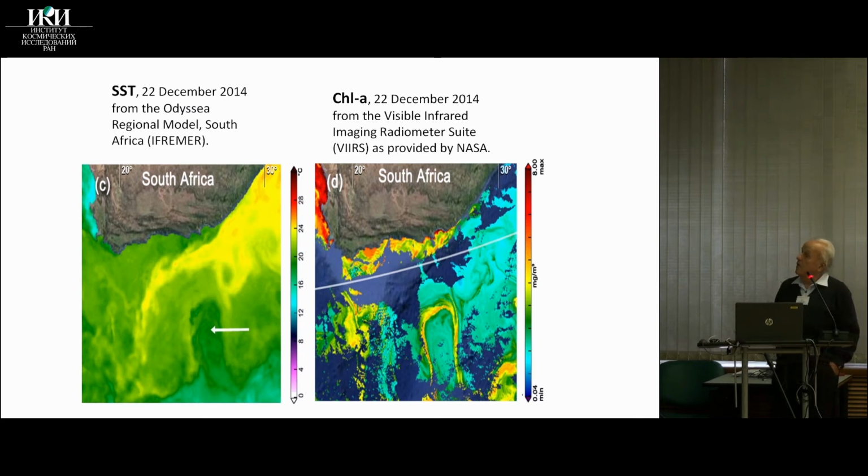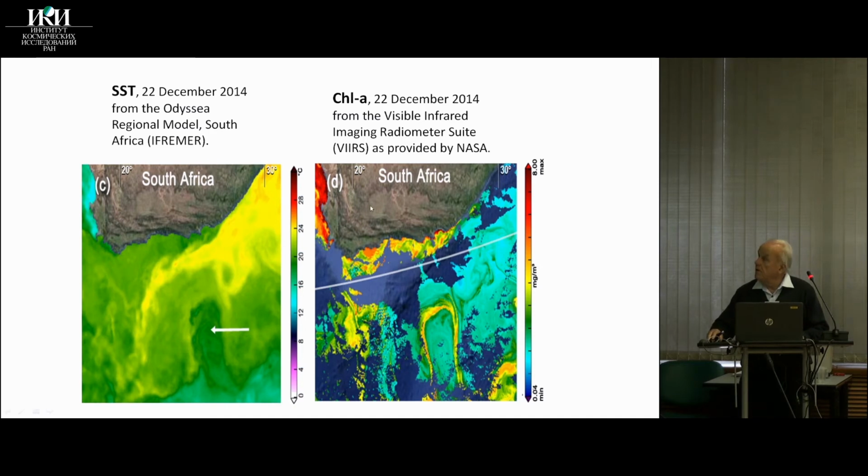And so this cyclonic meander generates here cold water, and then in the chlorophyll map you see that at the rim there is an increase in the chlorophyll concentration,